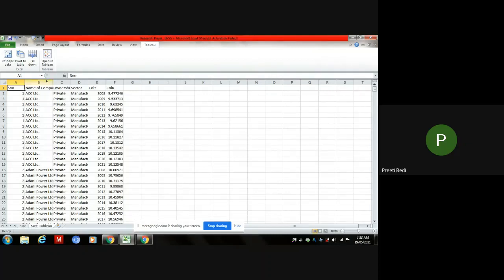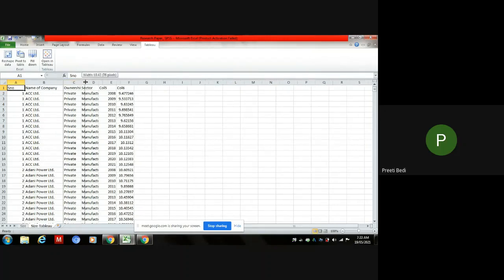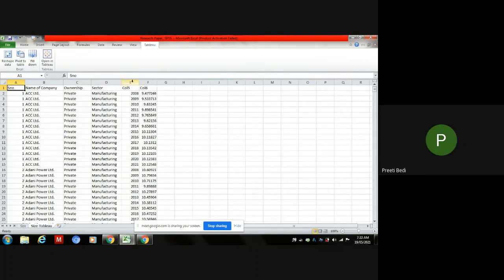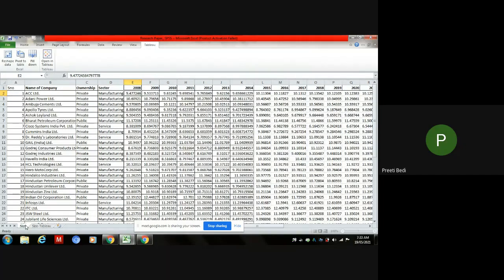To one more sheet over here, and see, now the entire data is transposed with the help of a single click. Now I can rename the columns as year and size, because all this data is related to the size of the company, which has been calculated as the log of the total assets of the company.